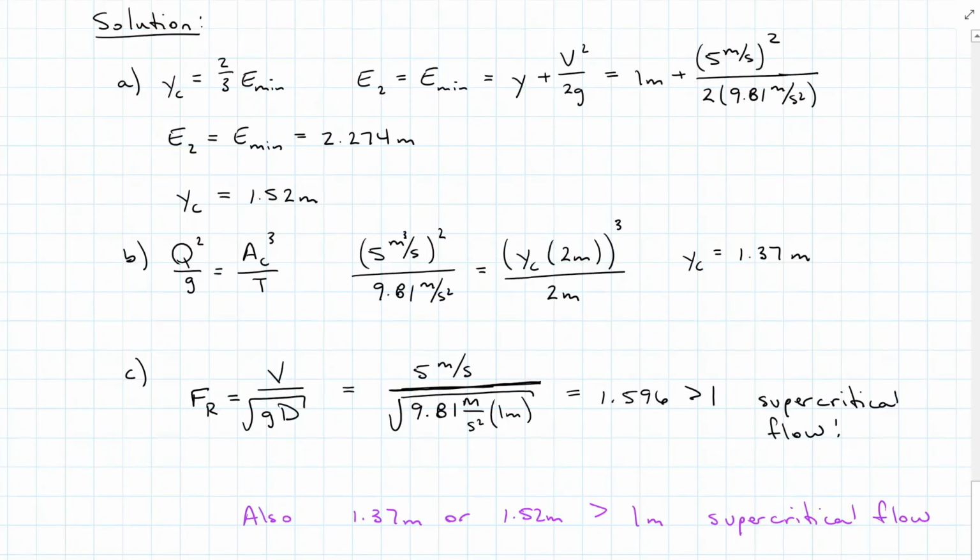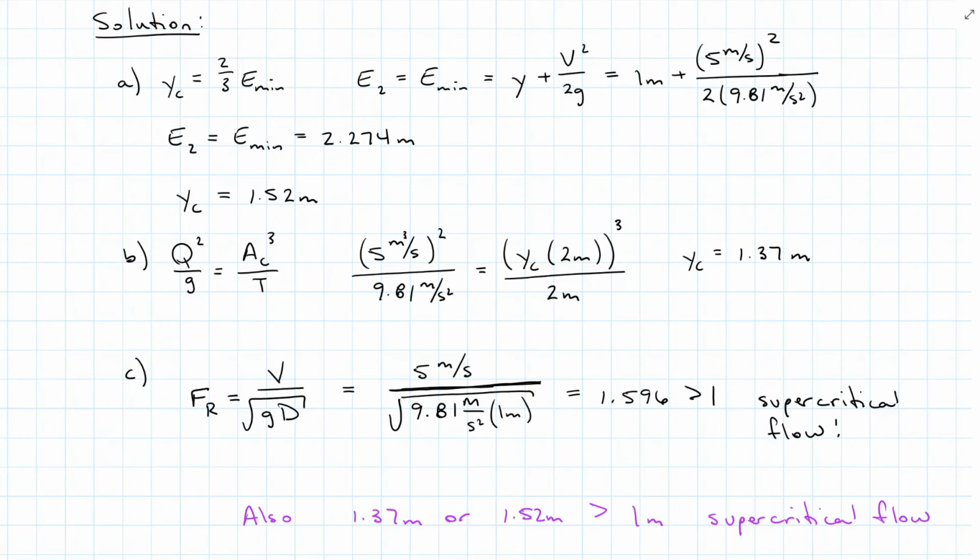Why the two different critical depths? Remember, one of them is at minimum energy, so that is at maximum flow rate. That's A, the 1.52. The other one is at the given flow rate. What is our critical depth? That's the 1.37. So we've got two different things going on here. One of them is at minimum energy with maximum, or optimum, flow, and the other one is at current flow. What's our critical depth? And then we check with our current situation, what's the Froude number, and it's over 1,